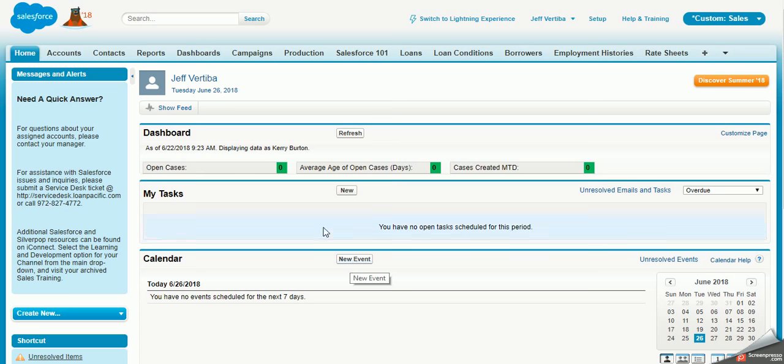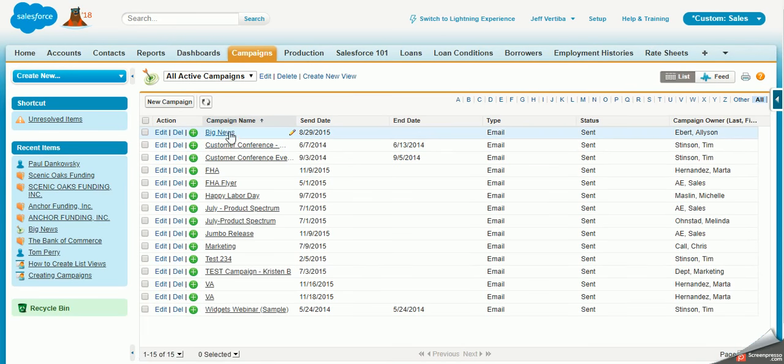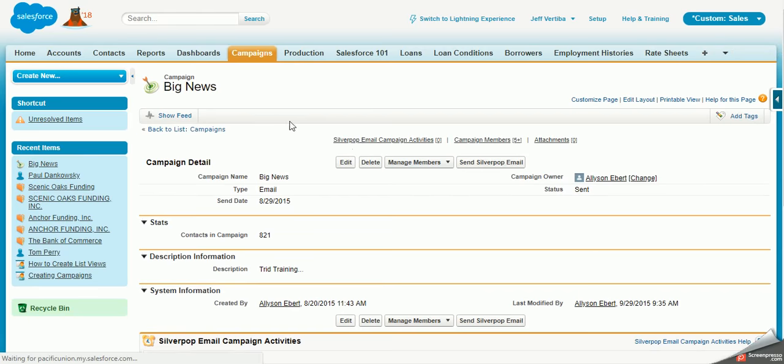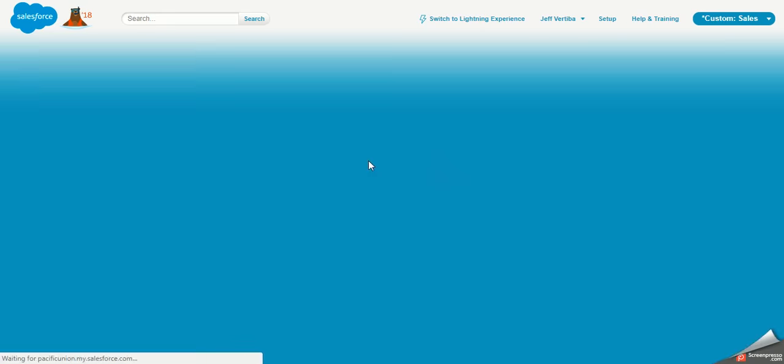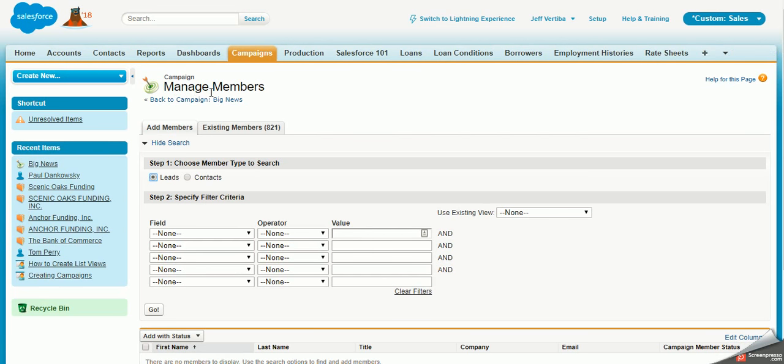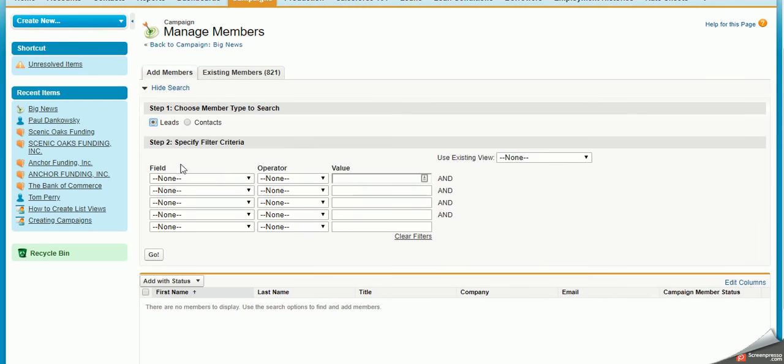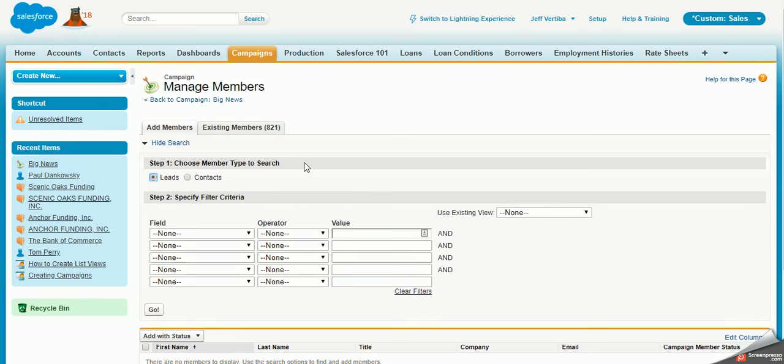To jump into filters, first access a functionality within Salesforce where filters are used. This could be the campaign member management section, which can be accessed by clicking Campaigns, accessing a campaign record, and clicking Add Members Search. At this point, you'll see the filter criteria screen. In this example, we're going to use a list view,